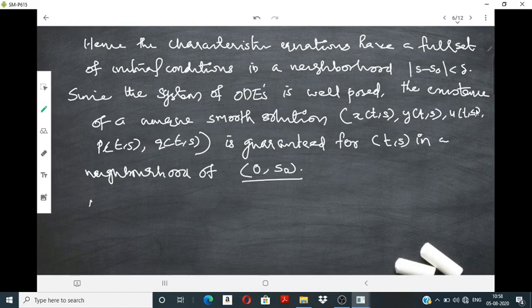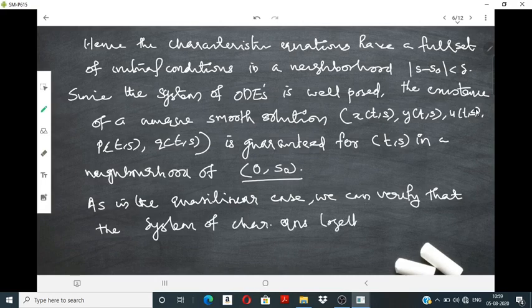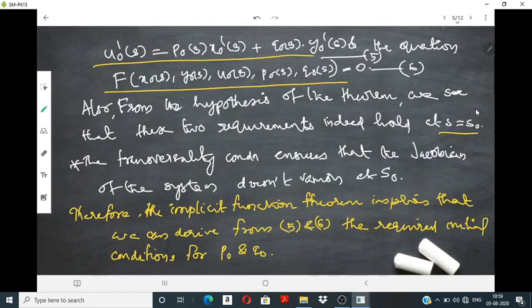So as in the quasi-linear case, we can verify that the system of characteristic equations, together with the initial condition,